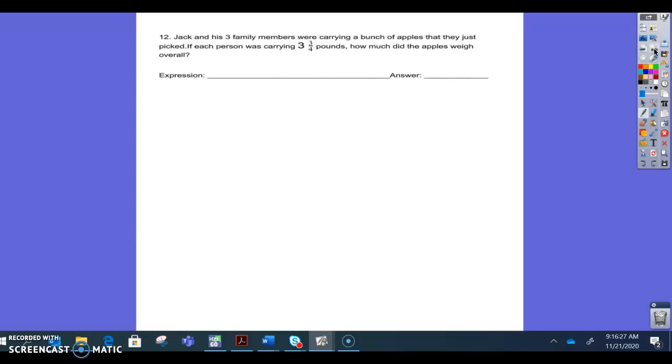I have one more problem, which is Jack and 3 family members were carrying a bunch of apples that they just picked. If each person was carrying this much, 3 over 4, how much did the apples weigh overall? So Jack and his 3 family members, that means a total of 4 family members, each carrying 3 over 4. So what we will do is it's just a simple multiplication problem. I think I need to create another video because the time limit is over for this one, so I'm going to